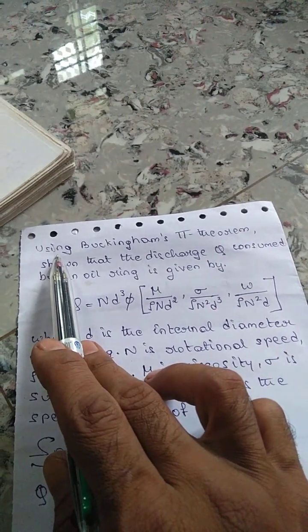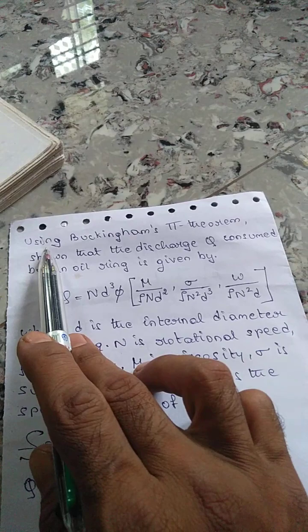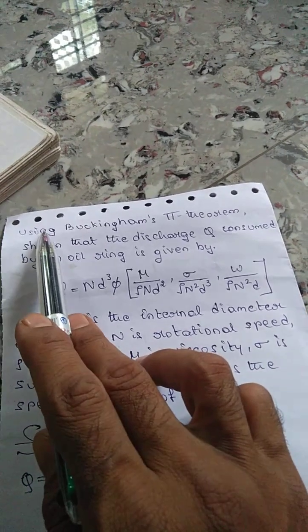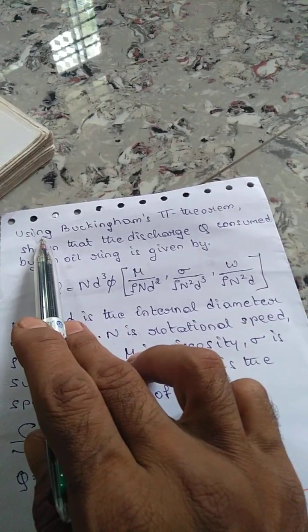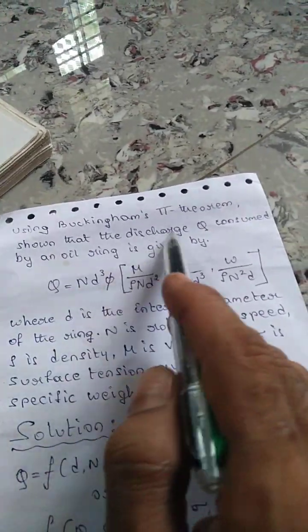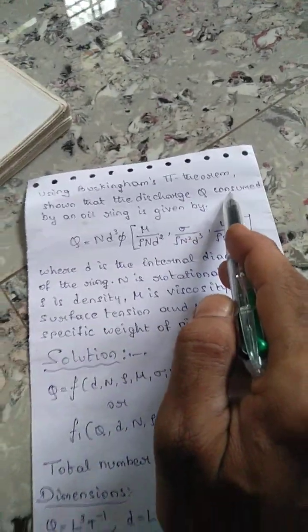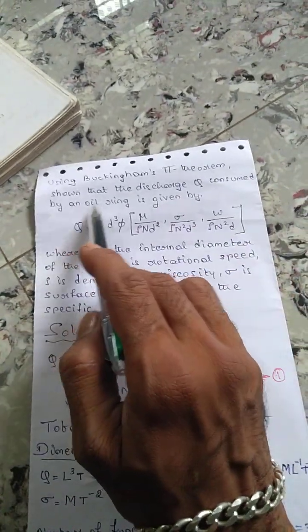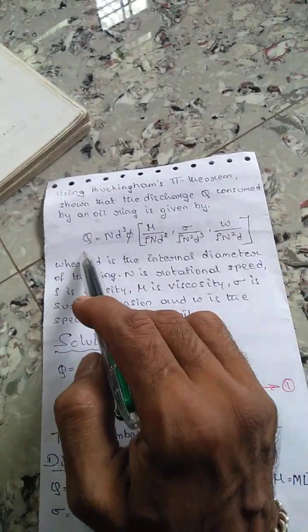Today I am solving one of the problems from fluid mechanics, that is the Buckingham Pi theorem. Using Buckingham Pi theorem, show that the discharge Q consumed by an oil ring is given by Q is equal